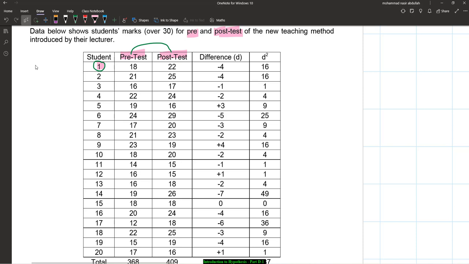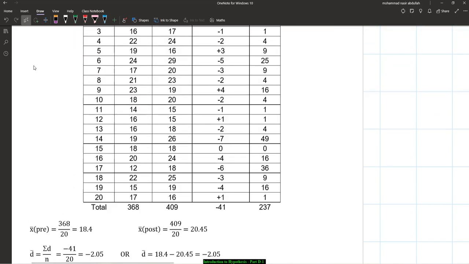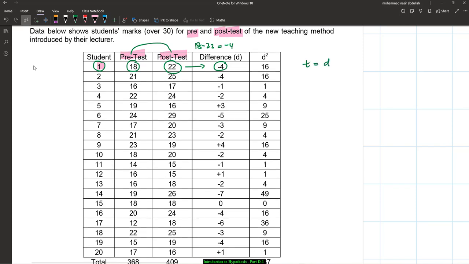Right? So next, after we have the data, we need to compute the difference of the two data. That means 18 minus 22 should be equal to negative 4, right? 18 minus 22 equals negative 4. So this is the difference between pre and post data, right? Because our t distribution is equal to d bar minus mu d divided by sd over square root of n, and we need to have the value of d bar. D bar is the